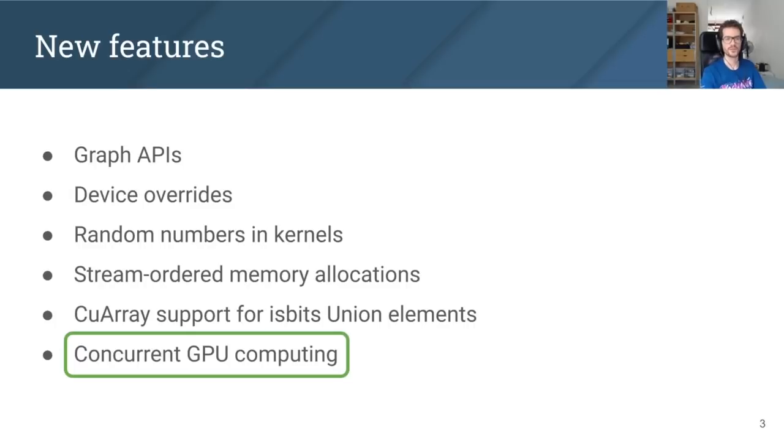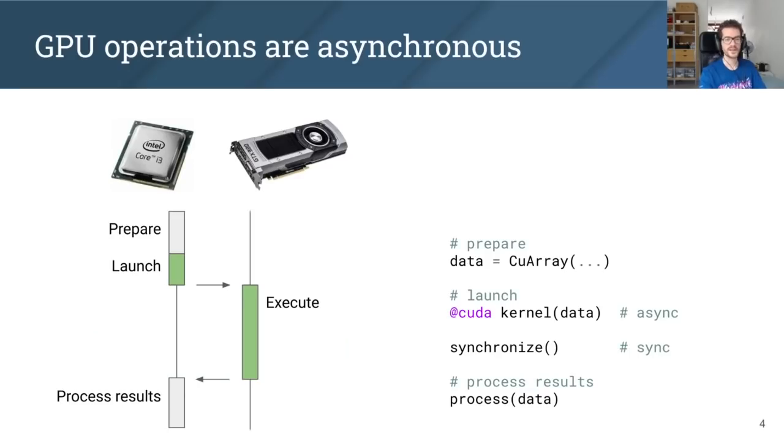It is now possible to write a GPU program that executes concurrently. But before I get to concurrent computing, I need to explain asynchronous operations, which are a requirement for concurrent programs. Asynchronous operations are operations that don't block and make it possible for other operations to execute while waiting for the asynchronous operation to complete. With GPUs, many operations are asynchronous because they are executing on a different device, and you don't necessarily want to block the CPU while you're waiting for the GPU.